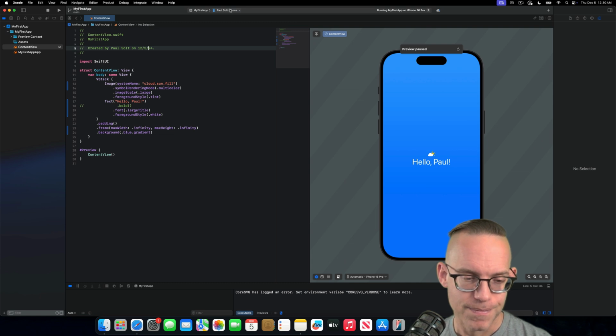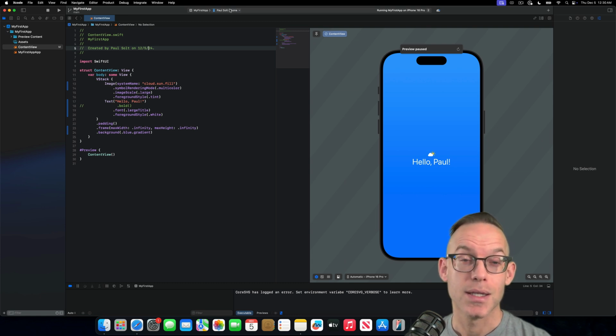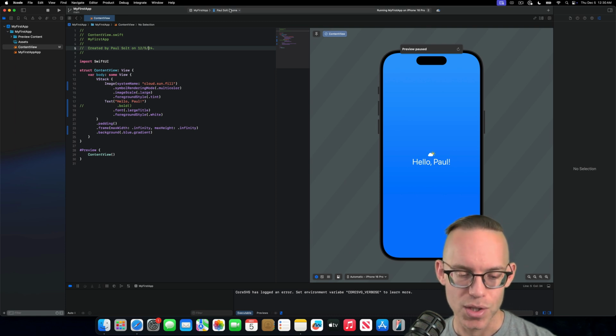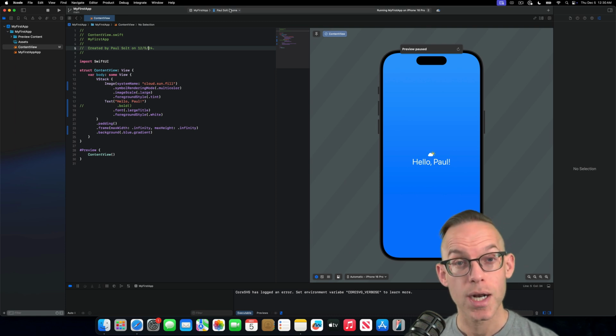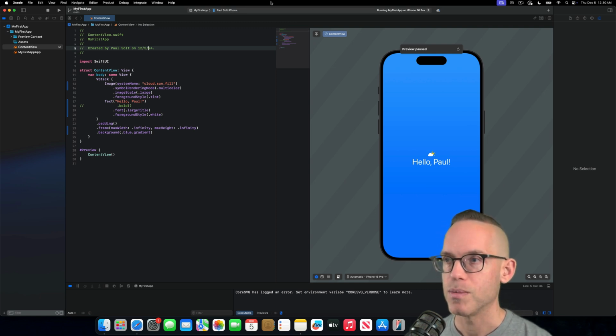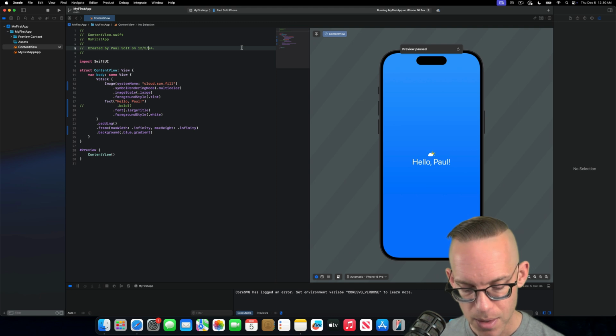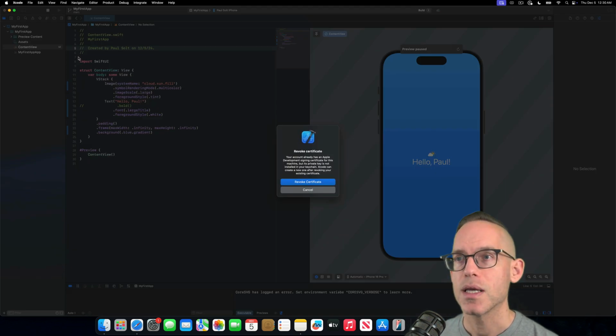So if you don't want to be tracked and security is important, you might need a separate device to test on so that your primary device is more secure. All right. I think when you turn that on, you have to restart your iPhone, and then you'll be good to go to actually run the app. And so if I hit the run button right here,